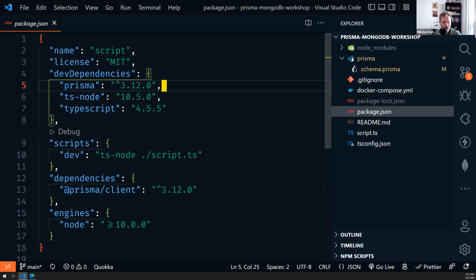And then we have Prisma Client as a dependency at runtime, and also the Prisma CLI as a dev dependency. I forgot to mention that before under dev dependencies. So these are the only dependencies we're using. And then we have this script.ts file where we're going to write our queries that you can execute after each